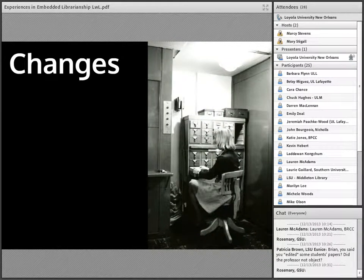We kept those library introduction days, but they were a lot more slow-paced because we could cover topics over time and add in more formative assessments instead of trying to fit all the content in one day. We also still had research workshop days, but there were a lot more opportunities to talk about research throughout the